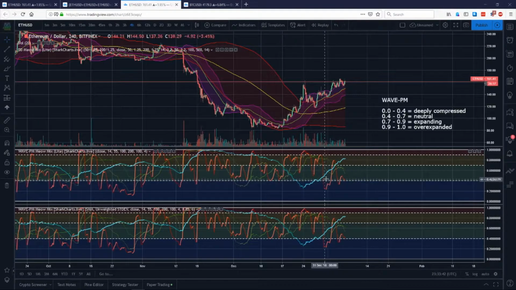Now we see the 200 just started coming back up, and as we've been following it and trending above the containment zone on that period, we can see right now that it's telling us that we're probable to continue trending on this. Our short period trace is actually fairly compressed, which makes sense since we've been consolidating up here. When it comes up and starts crossing up these periods, we would expect, relative to how these periods are weighted, as they start crossing up the longer periods, it to be probable for the trend to continue in that direction